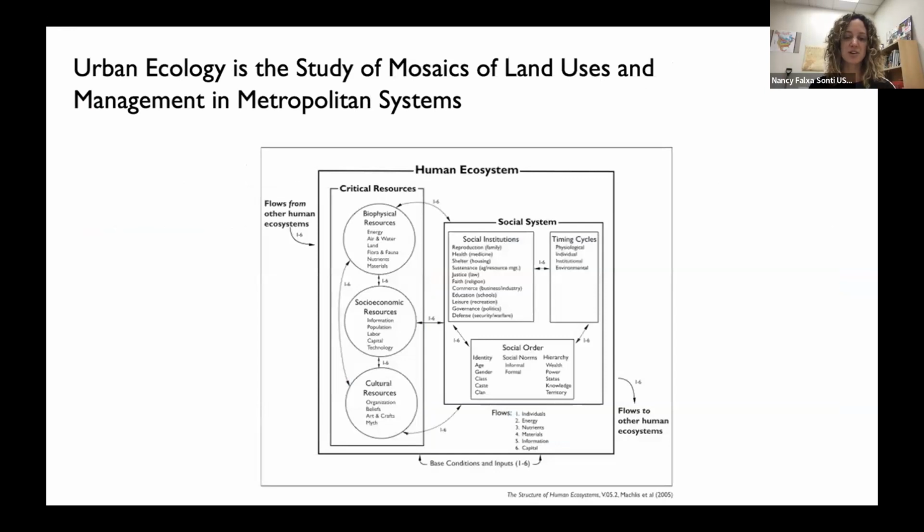And from the start in our urban field stations, we've been thinking about the whole social ecological system, right? And again, I know for this crowd, I don't have to hammer the point that these systems are very complex with lots of feedbacks and flows and lagged effects and all of that. But that's something that we do sometimes have to really keep communicating within the Forest Service, to our counterparts about